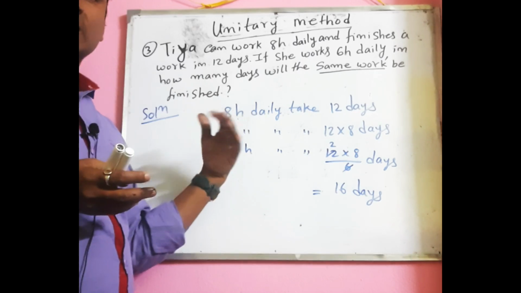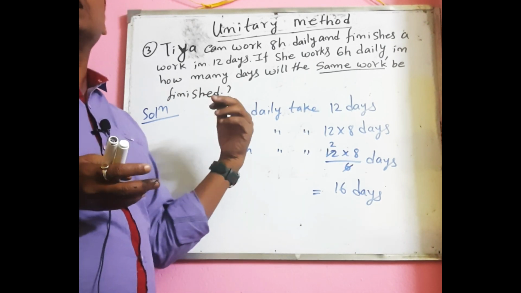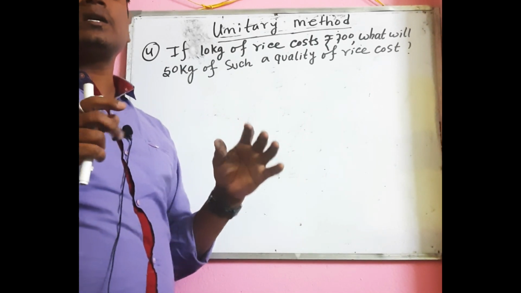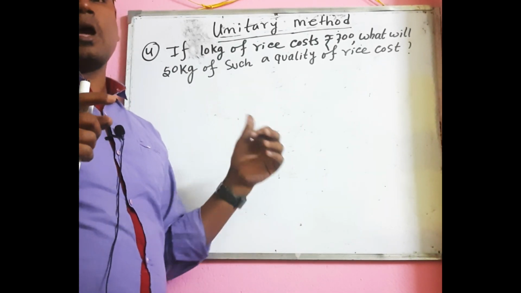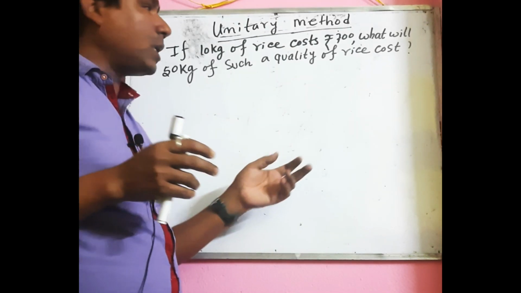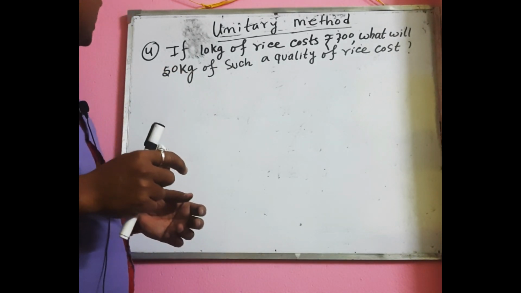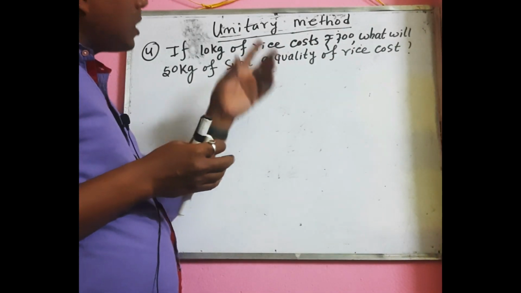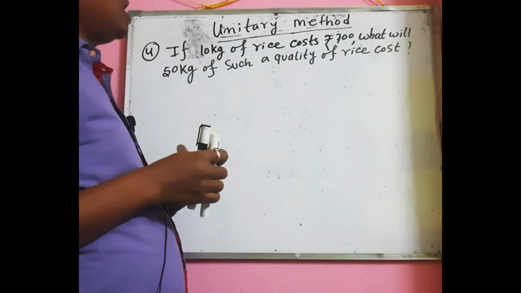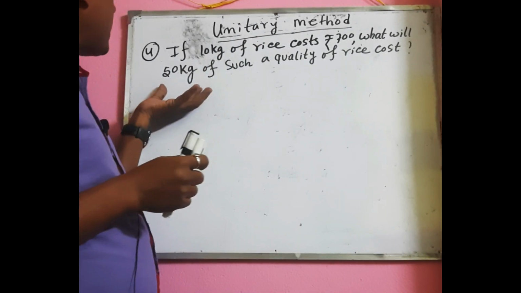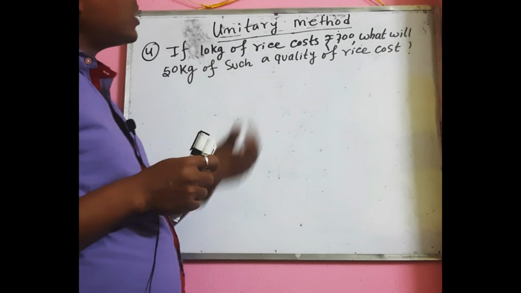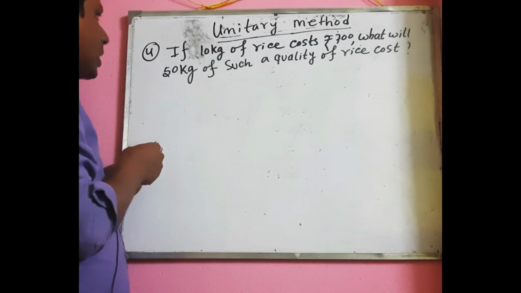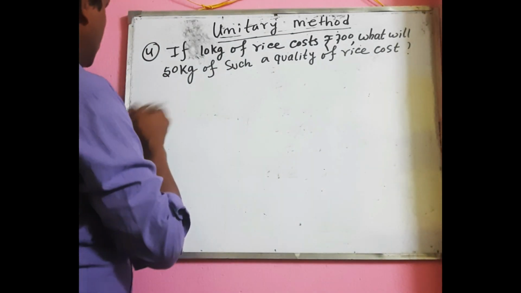Now we move to the fourth and final example of the day. The example is: if 10 kg of rice costs 700, then what will 50 kg of such quality of rice cost? So according to our unitary method,